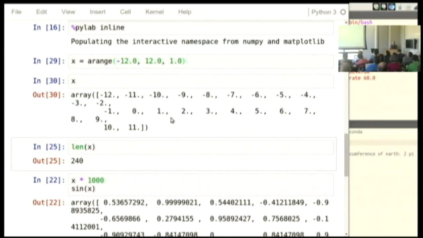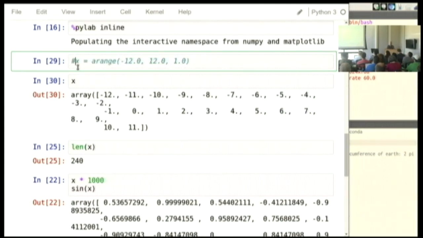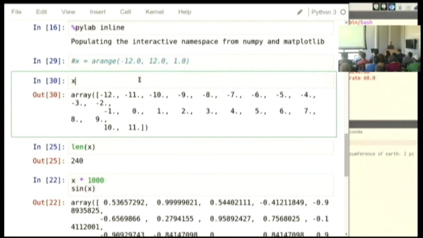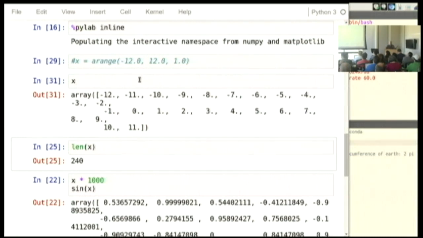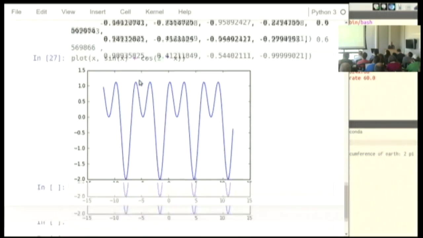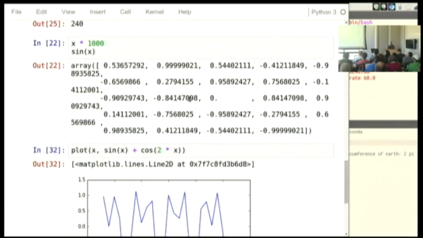The other thing I'll do is that I'll decide, I don't like the name x anymore. Let's call this m. But I'll forget to edit all of the others, and they'll work as long as this notebook is open because I set x to something. Watch this. I can take away completely the definition of x, and this still works because this is an open Python interpreter that I'm just typing lines of code into. If I come down here and try to plot, it works fine.